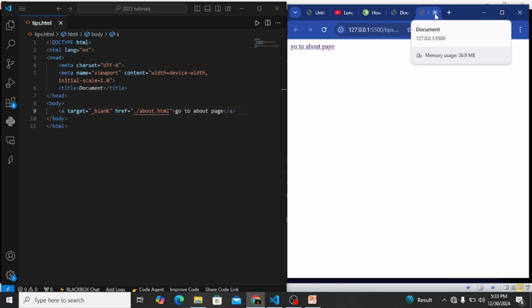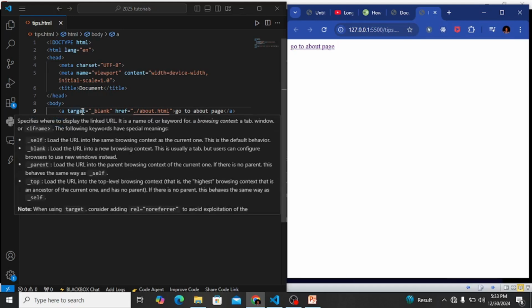Now step three, improve accessibility with the rel attribute. This means that for security purposes and for performance purposes, you can actually improve the accessibility of your link. How do you do that? You put in what? The rel. Now come here